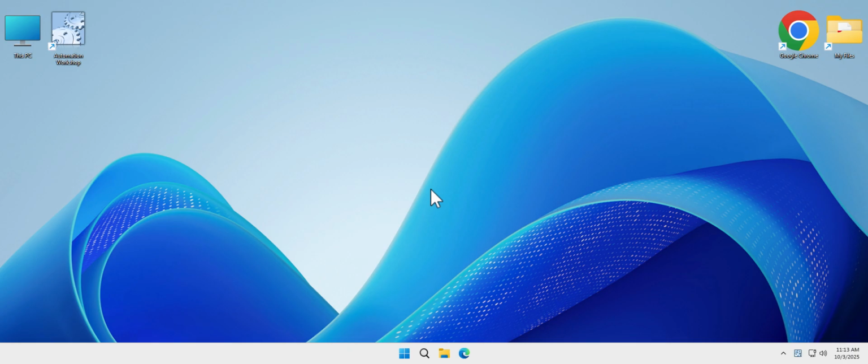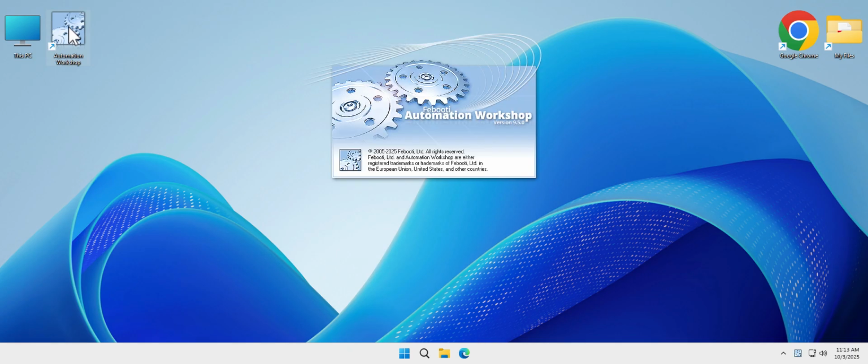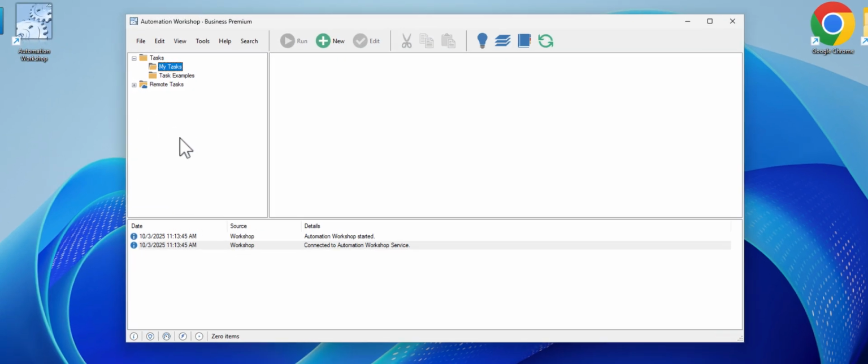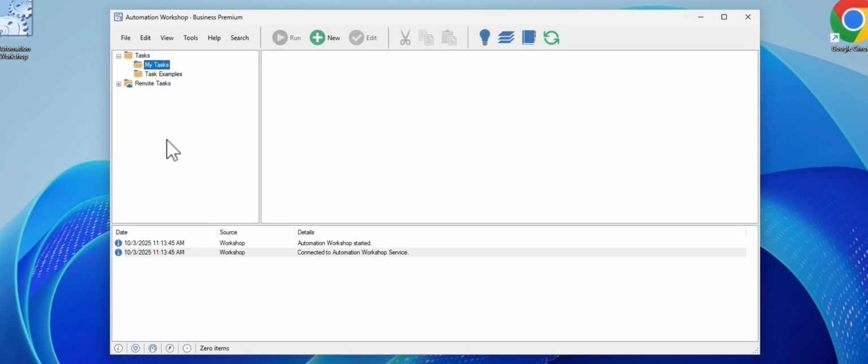But if a file remains in the folder for longer than 5 minutes, it usually indicates a problem, and an employee must be alerted. In today's tutorial, I'll show you how to automatically detect such files and send an email alert when this situation occurs. It's very simple to create these kinds of alerts using Automation Workshop. Automation Workshop is a no-code application that lets you automate a wide range of Windows tasks. Let's start by creating an automated task.